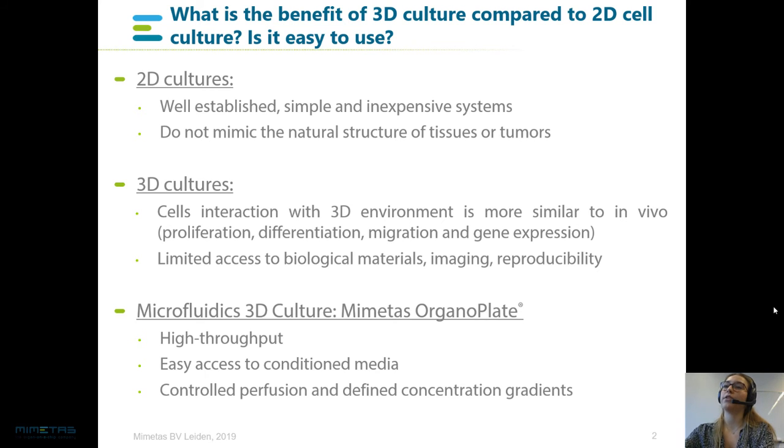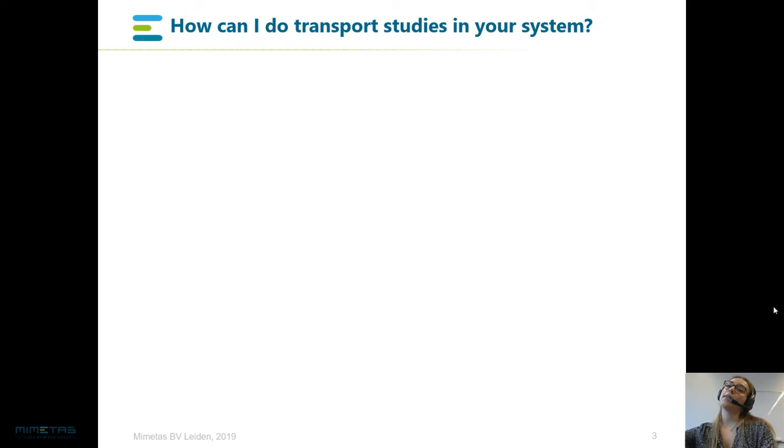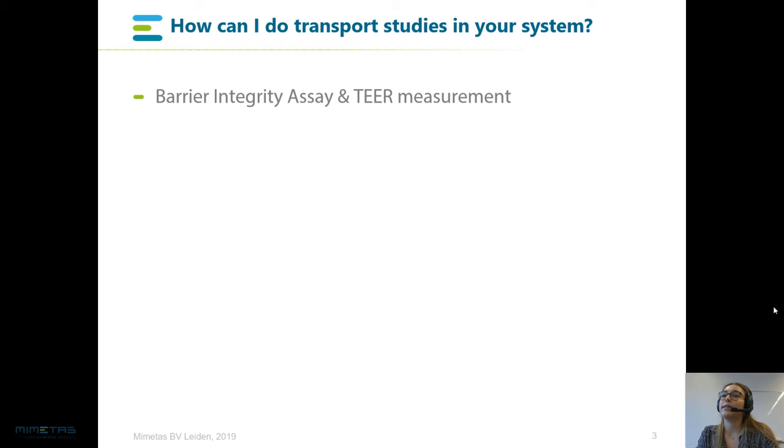Now, on to the next question, which is, how can I do transport studies in your system? So once you have made tubules in the OrganoPlate, it's pretty straightforward to do transport studies. Let's see what kind of assay you can do. If you want to study paracellular flux or transcellular transport, you can assess it indirectly by performing a barrier integrity assay. For that, you perfuse the lumen of the tubule with a fluorescent dye, and you monitor the movement of this dye through the tissue